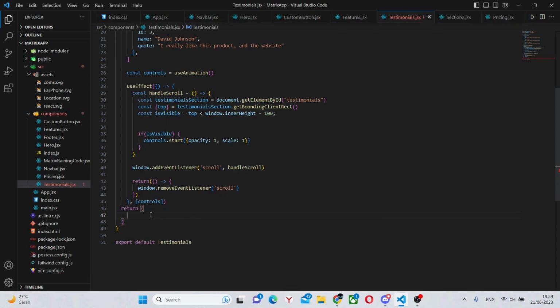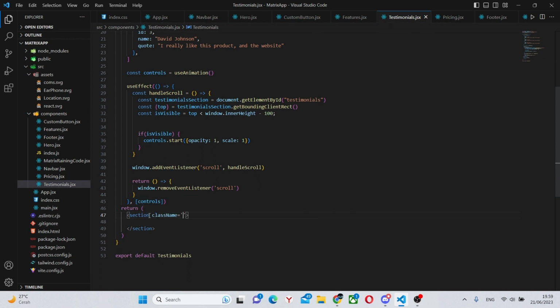And I did make a small mistake, which probably wouldn't affect anything, but in this return statement, we can actually remove the outer brackets, like this. Also, what we can do is go into our return statement and create the section that we want. So section, and like this.